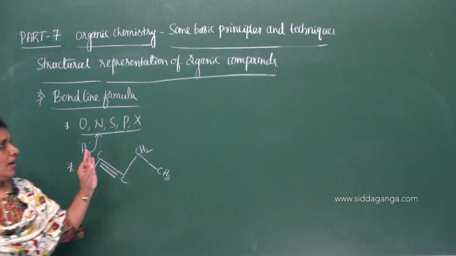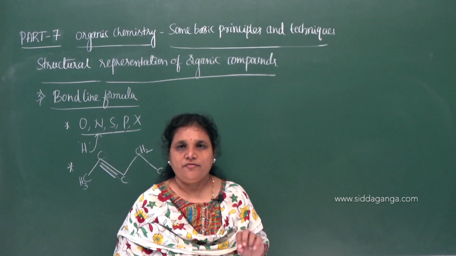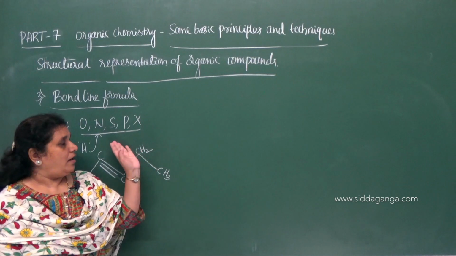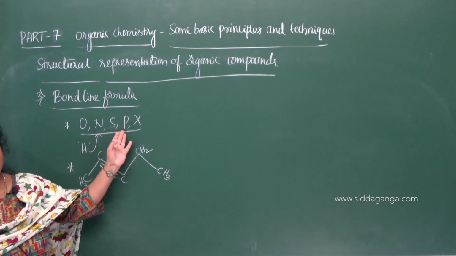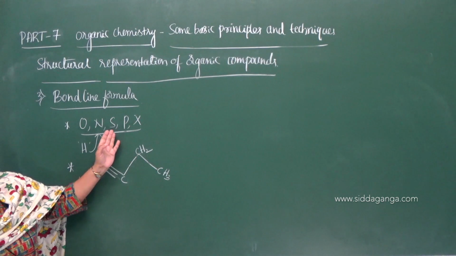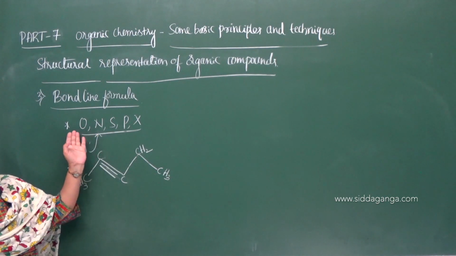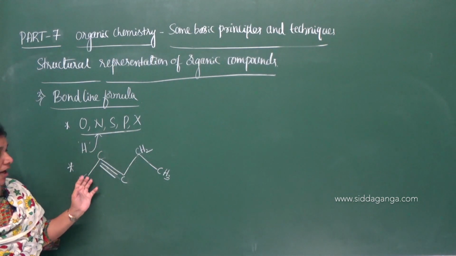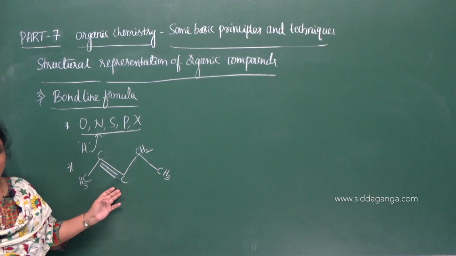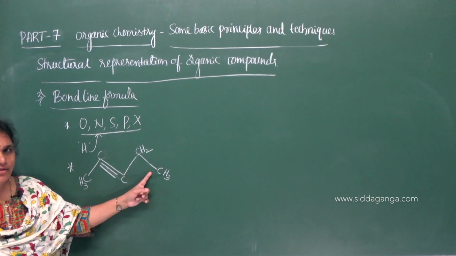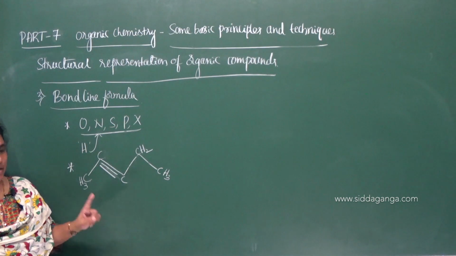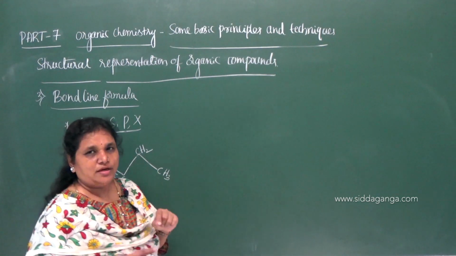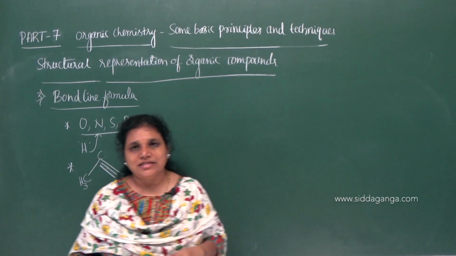The first point: carbon and hydrogen atoms present in a given compound are not shown in the formula, and other atoms, say oxygen, nitrogen, sulfur, phosphorus, halogens, are shown in the formula. Hydrogen atoms attached to these atoms are shown in the formula, and double and triple carbon to carbon bonds are represented by a line in a zigzag fashion. Intersection of two lines indicates one carbon and an appropriate number of hydrogen atoms so that the carbon can satisfy tetravalency.